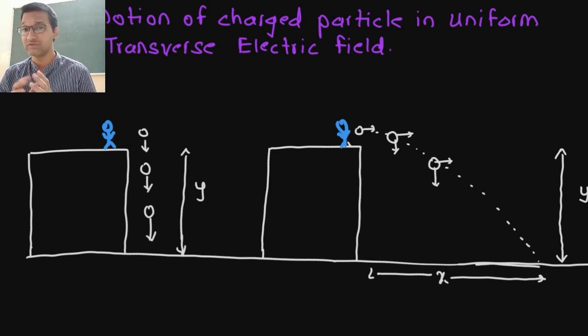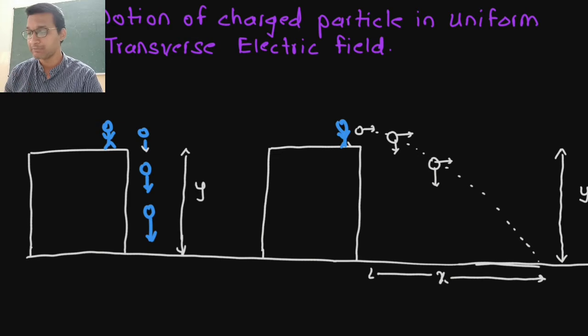Now as we did in the previous case, we can compare this motion to the gravitational field. In the previous case we saw that the object moved in direction of the field. You can imagine an object which is just thrown down. It is moving in the direction of the field.